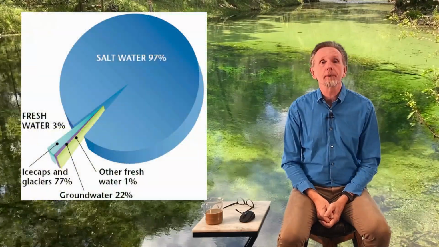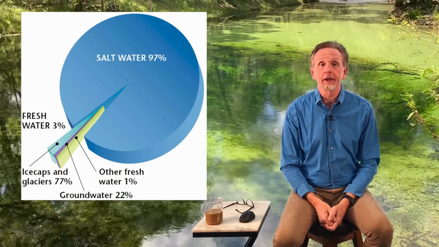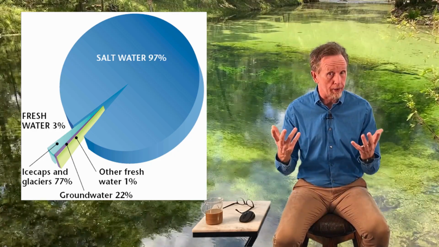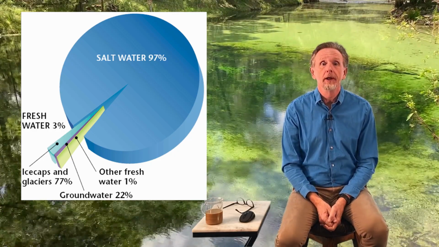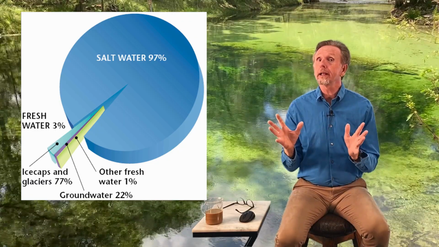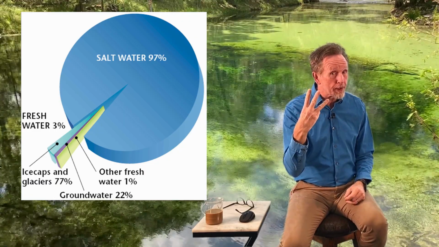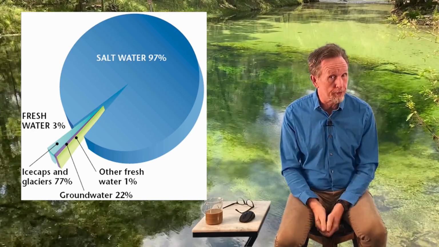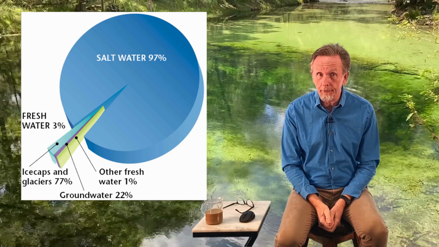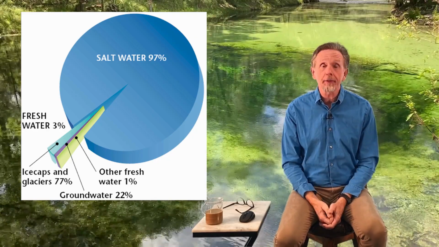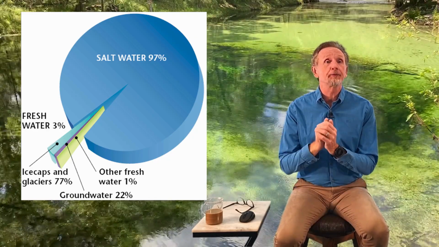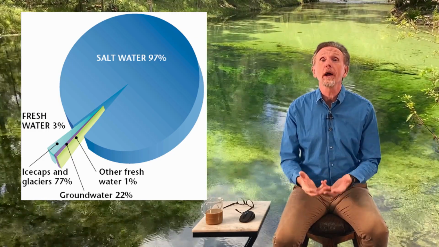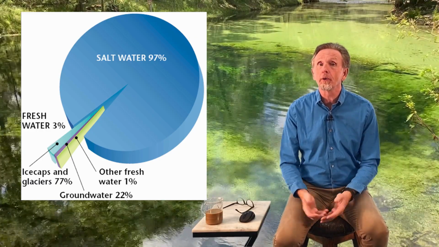Now, 71% of the Earth's surface is covered in water. Of course, 97% of that is salt water. It is the oceans and the seas. So 97% is salt, leaving 3% that's fresh. Well, of that 3%, so now we're just going to say 100% of the fresh water. Of the 100% of fresh water that's on the planet Earth, 77% of it is frozen in glaciers, and another 22% is groundwater up under the ground.